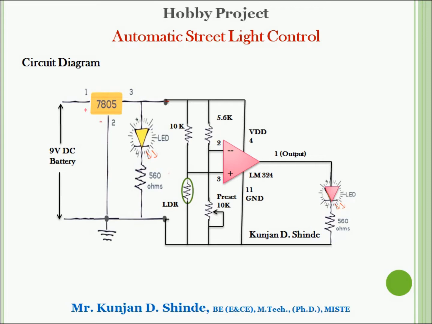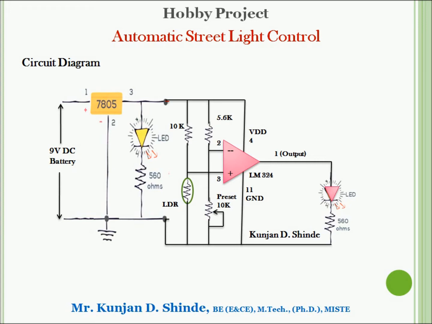to the first set of comparator, which is at pin number 1, 2 and 3, where 1 is the output, 2 is the inverting input and 3 is the non-inverting terminal. So at these inputs we are connecting the reference voltages and the sensor input. So the reference voltage is being designed by 5.6 kilo ohm resistance and a 10 kilo ohm preset. So this defines the variations for the voltage on inverting terminal,